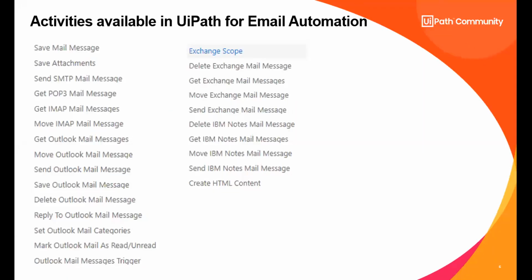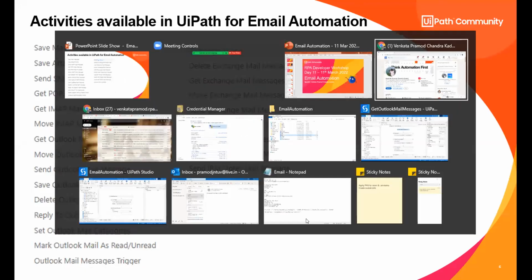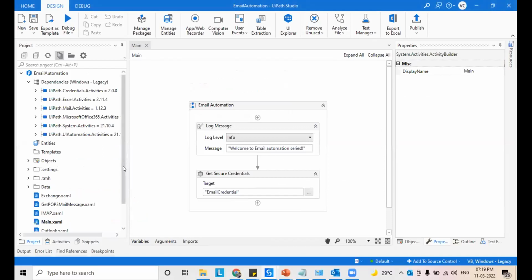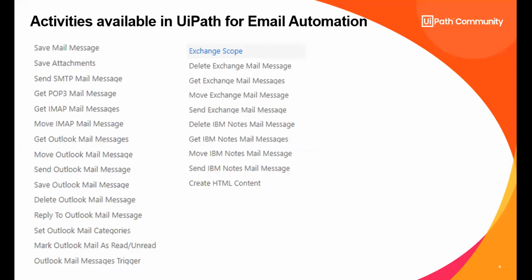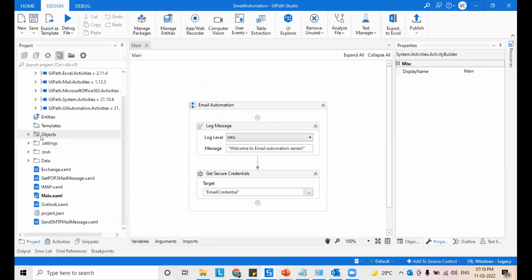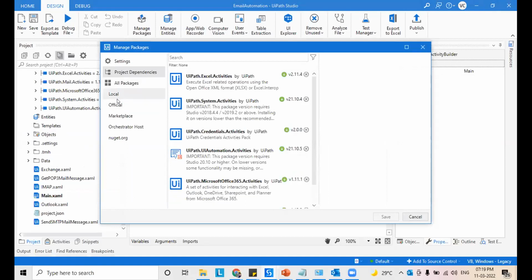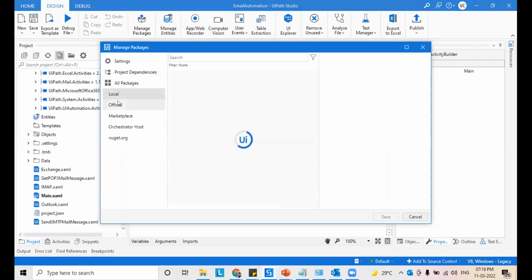Let's dive into this directly. Let me start with the first one, the Outlook activity. When we are dealing with the Outlook activities, before starting, we need to install the package from Manage Packages for the mail activities. When you go to Manage Packages, and then go to Official, and search for